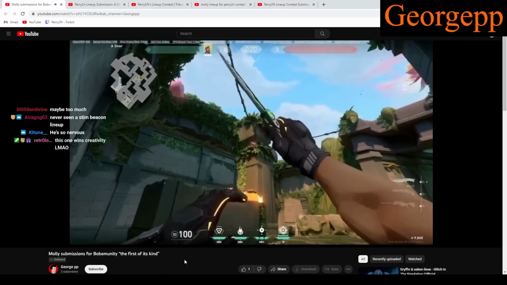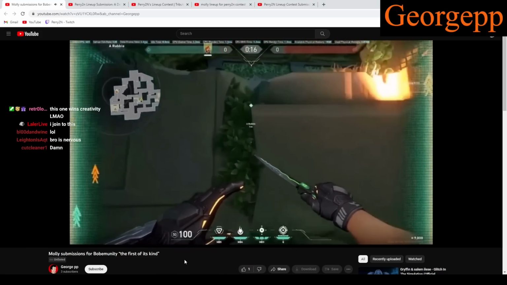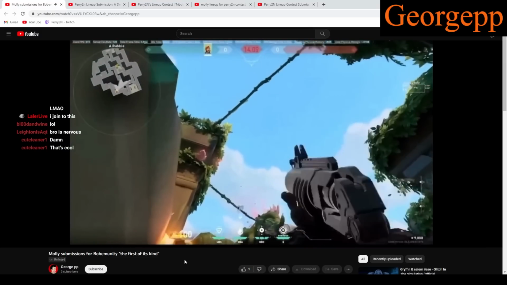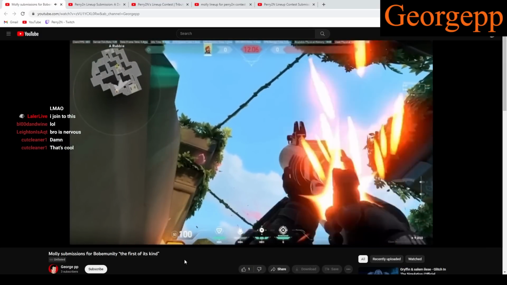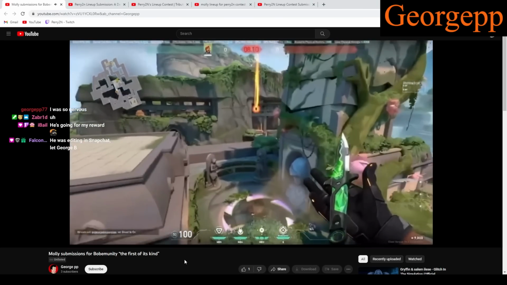Stim beacon down. Throw it. Go walk. Wait, right, what is the stim beacon? The right corner here of the pillar. Then you're gonna take, like I said, take the dot, put it at the top of the stim beacon. Molly. 10 seconds left. Oh, he uses the stim beacon to...